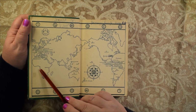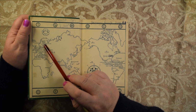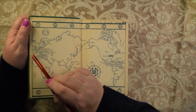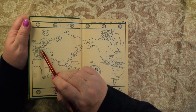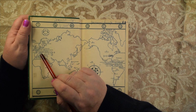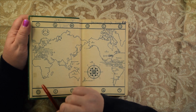And they have a map of the world, which is no doubt quite interesting from 1947. For instance, Finland is listed as Suomi, Finland. Iceland and Norway and Sweden, Scotland, Wales, Denmark, England, France, Netherlands, Poland, Czechoslovakia, Belgium, Luxembourg, Austria, Hungary, Switzerland, Italy, Tunisia, Greece, Crete, Malta, Algeria, Morocco, Egypt, Kenya, South Africa,